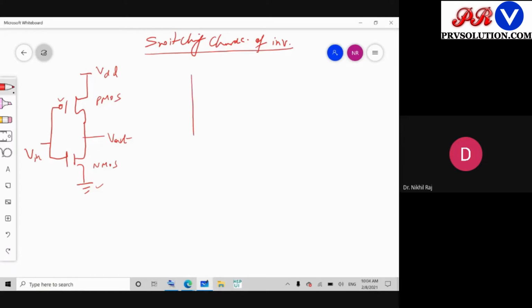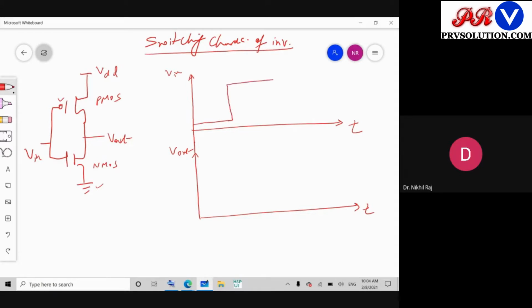So, if we look at the characteristic, if we plot here, let's say this is V in and here V out I will plot, and this I will take as a time axis. So let's say I'm applying input, we are applying, so definitely we'll try to apply an ideal step signal. So step signal is applied with, this is the zero axis, this is VOL point, this is 0, this is VOL, this is nothing but VOH.